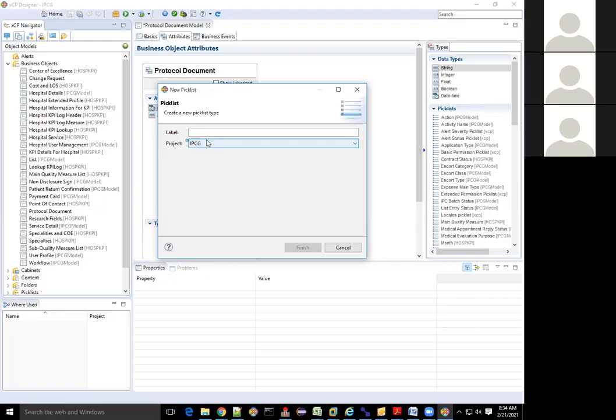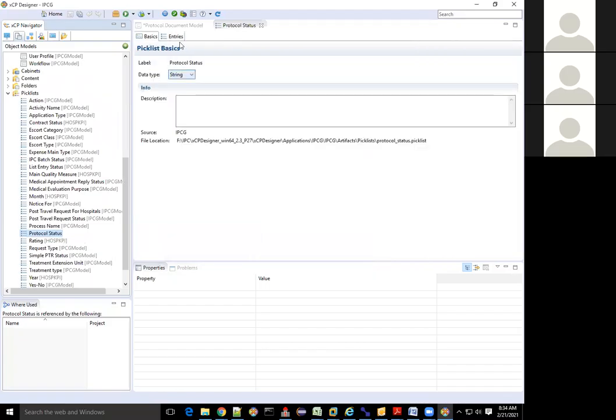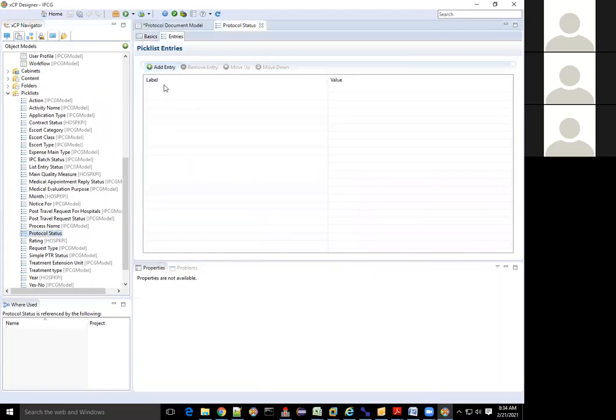Pick that. Tell me anything. Status. Protocol is status. It is draft status. Protocol status. Yep. Right. Entries protocol status means